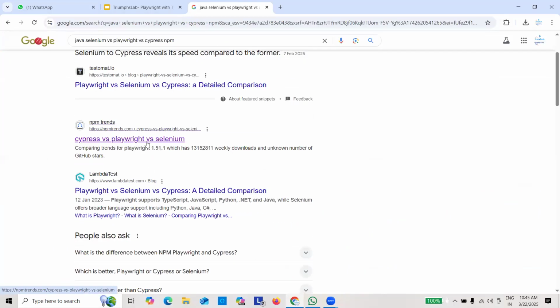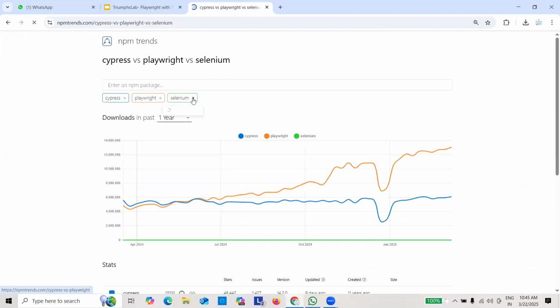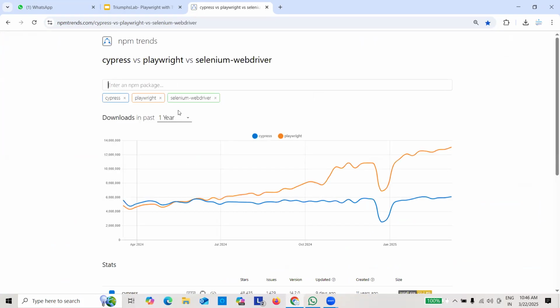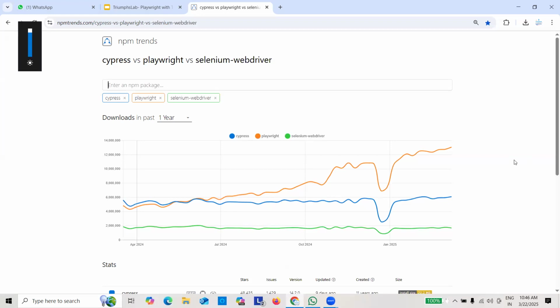Yeah. Sorry, this is where the NPM trends are. Yes, if you see here, Selenium output. Is it visible? Basically, this is an NPM trend. Yes, it is visible.